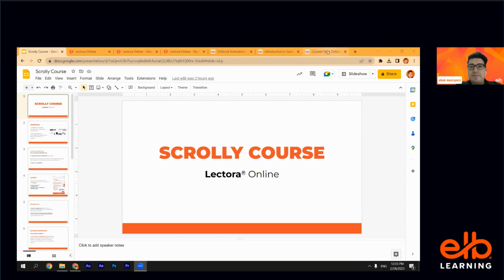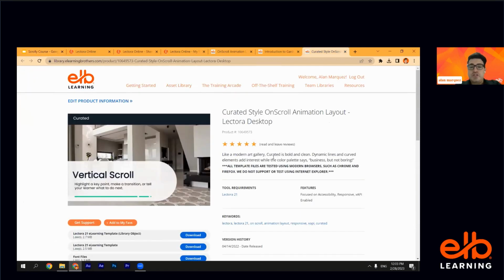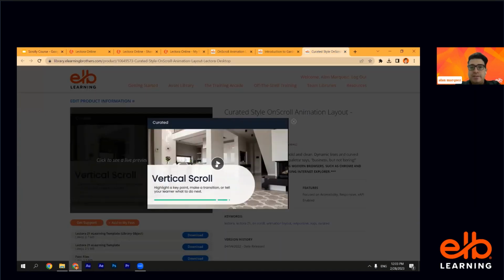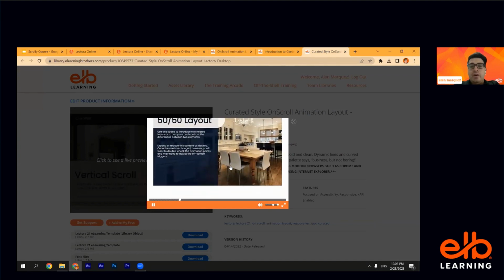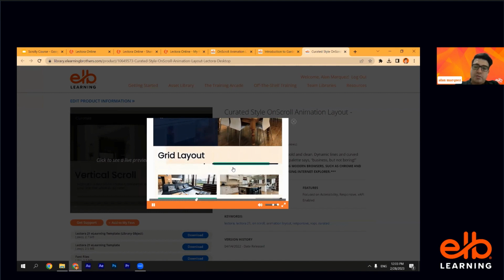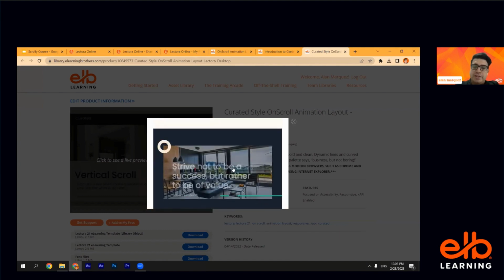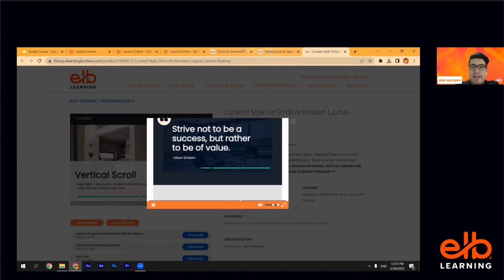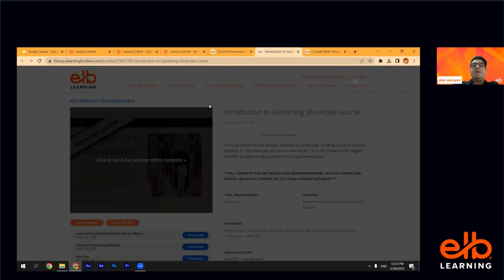And for instance, if you go to our library, you will see some vertical scrolling templates that work great in LD, but these don't work on LO. So as I just mentioned, we're starting off with a LO project, and then we're going to turn this into an LD template. And speaking about templates,